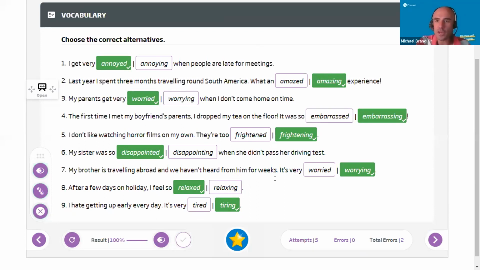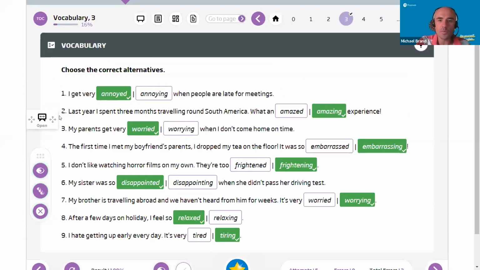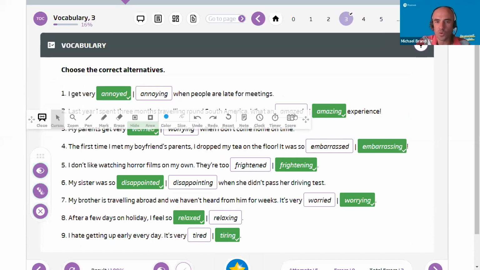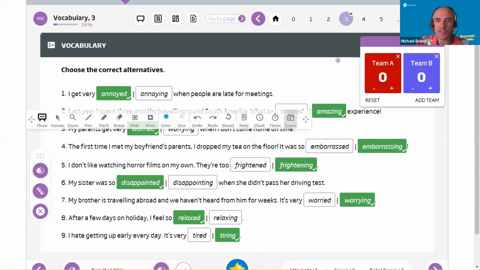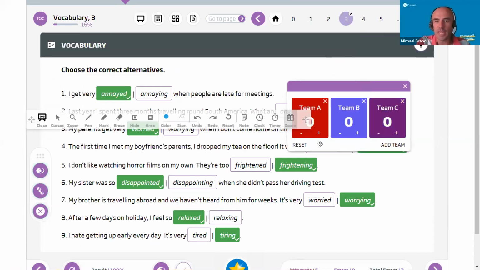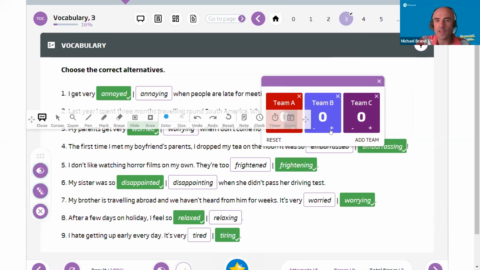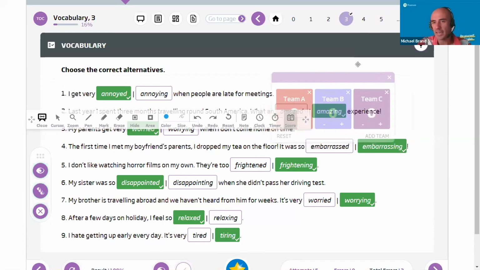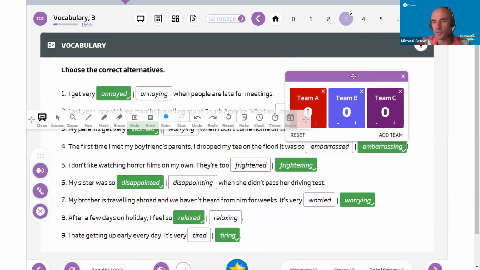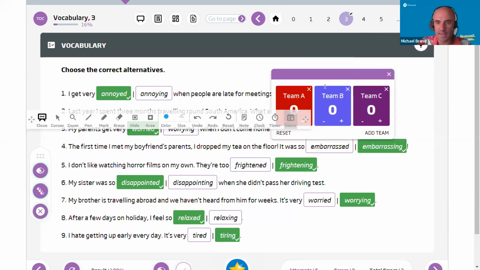Ivona said, "Where are the results displayed?" So Ivona, to answer that question, I just used the score tool. That's a tool that the teacher can bring out as here. You can add on teams, you can change their names, I think, as well. And I updated that manually. It's just a score tool, if you want to bring in some competition into the class. And I was editing the results. I hope that answers your question.